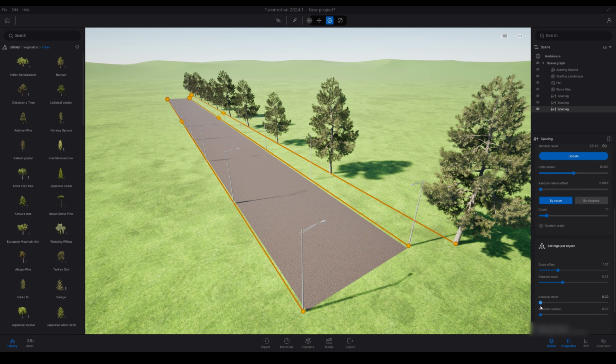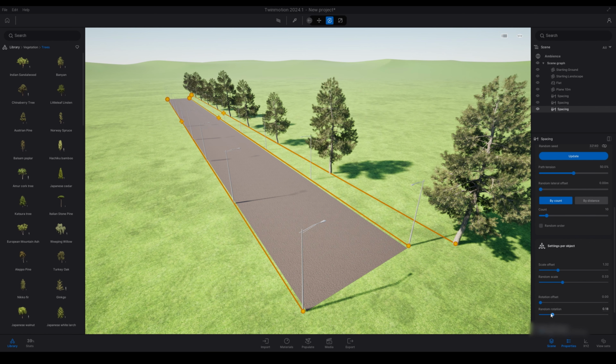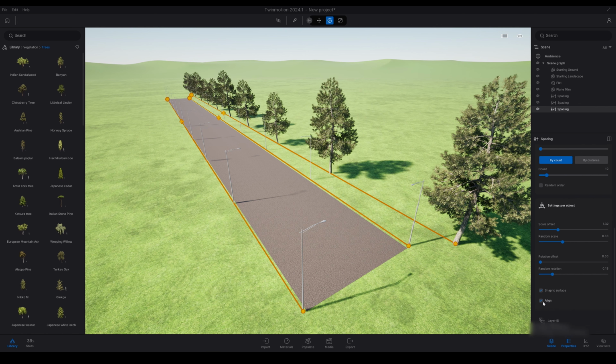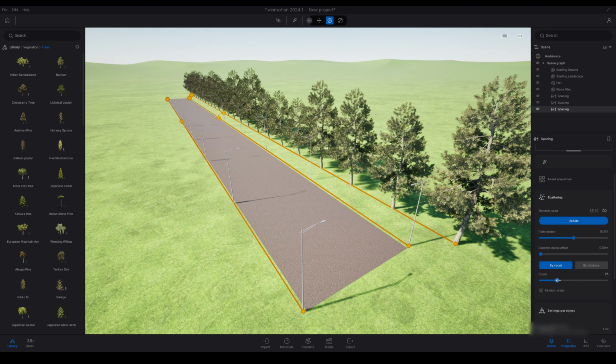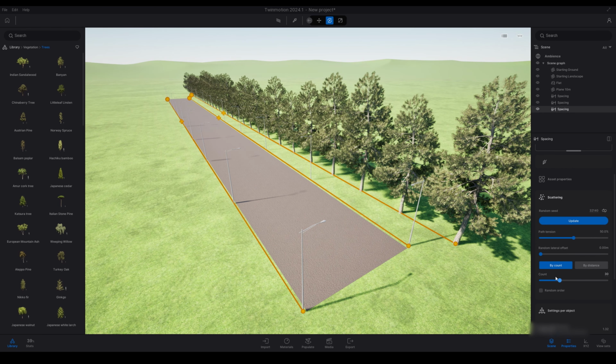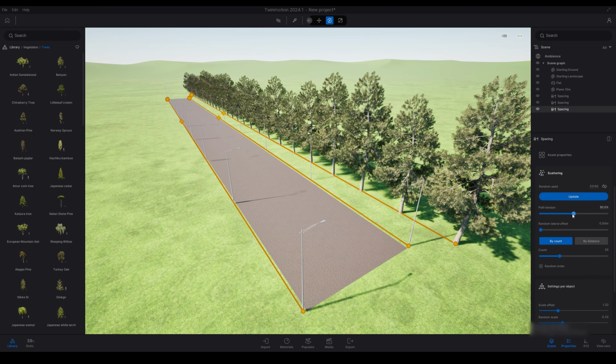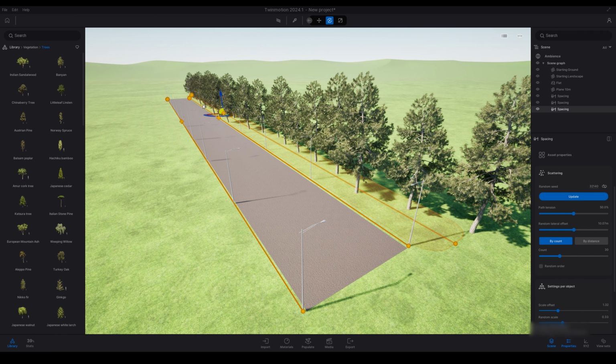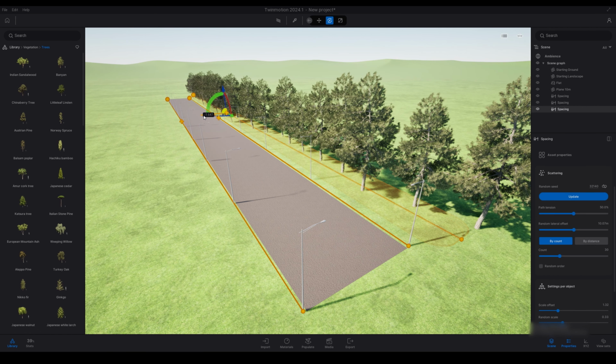Also randomize the rotation to give it some randomness. Increasing the count will increase the density of the trees. Again, path tension won't work as it's a straight line. Adjusting random lateral offset will increase the width of the line, so it'll apply trees to the full width of that line. As you can see, there's like a little box that runs around the outside.